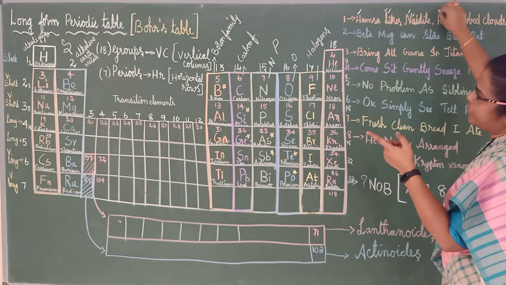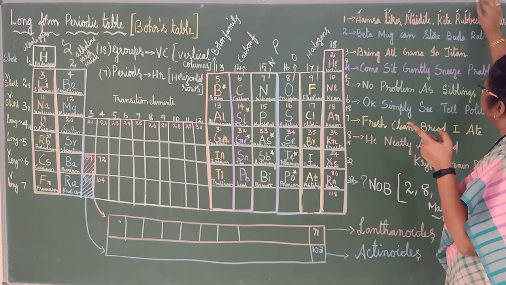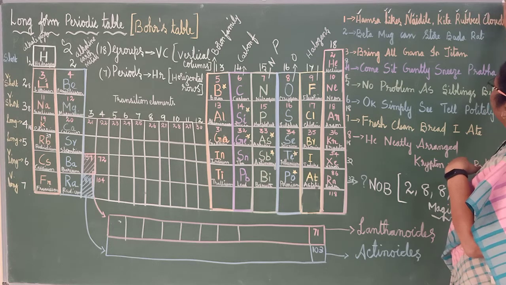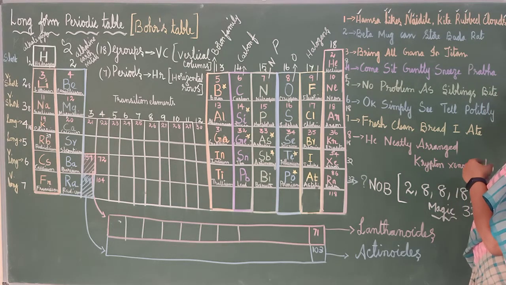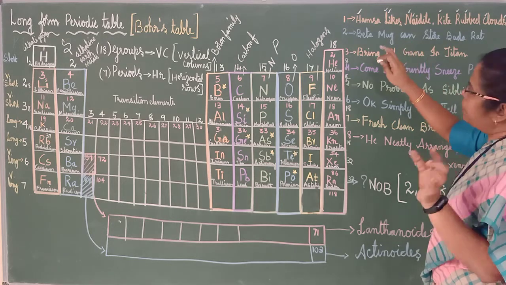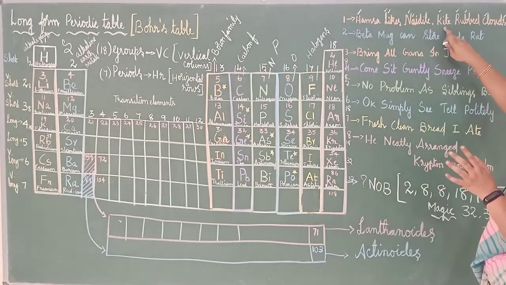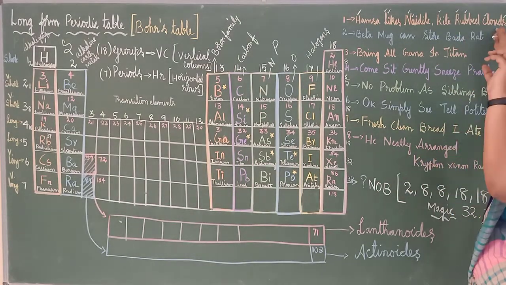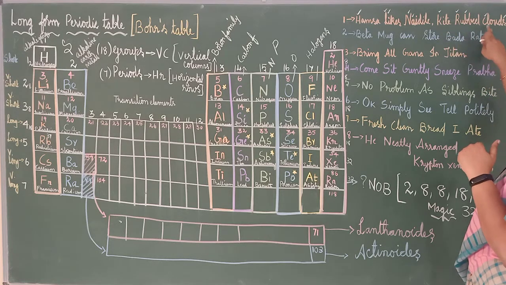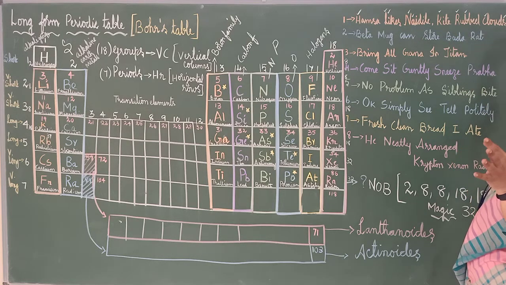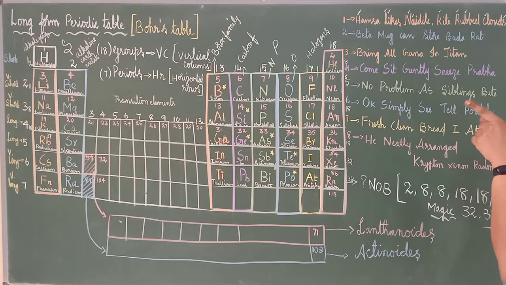What is K? K is potassium. Kite, R and B, rubbed. Kite, rub, clouds, CS. Okay, cesium. They are friends. So one part is Hamsa likes Naidile. They both are friends. Same like that, kite, rub, clouds. Kite went up and it rubbed the clouds. See, imagination. Kite, rub, clouds. These two tell about friends. Okay, so that is the first group.